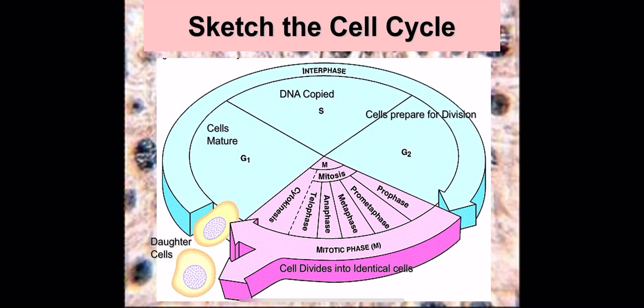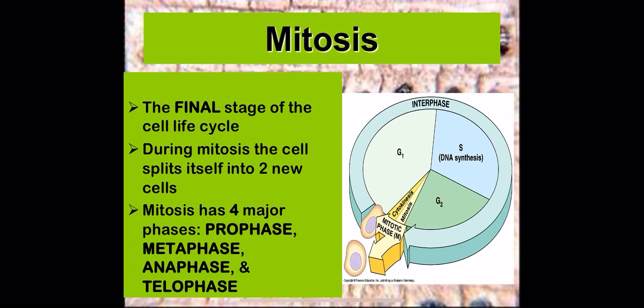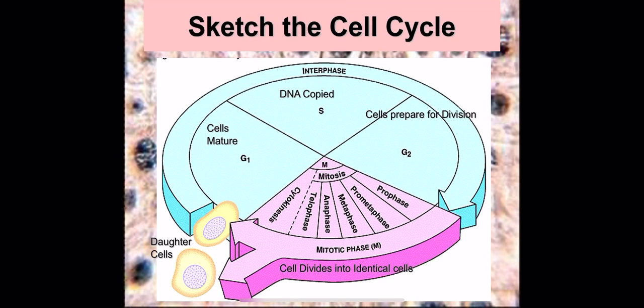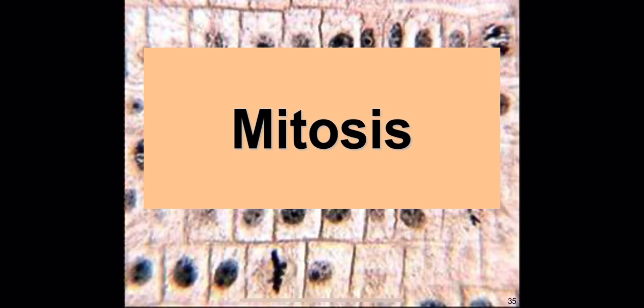So if you kind of look at this sketch of the cell cycle again, you can see the blue is the interphase. It's vastly larger. This one is a little bit less correctly drawn than maybe the last one. But you can see the interphase is the vast majority. You have your G1, cells mature. S, DNA is copied. G2, cells prepare for division, and then undergoing your mitosis phase. So prophase, metaphase, anaphase, telophase, and then eventually cytokinesis, which is where you fully split, like cut in half, into 2 daughter cells.